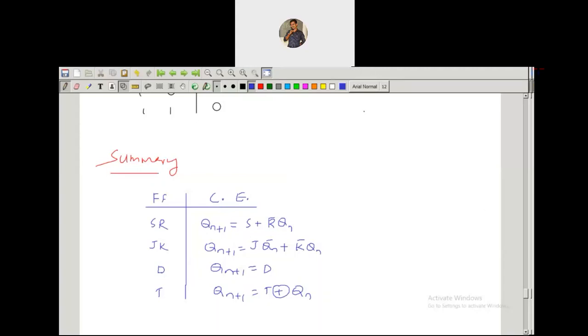One more thing I would like to share regarding digital electronics. It is a scoring subject for both semester examinations as well as competitive examinations. If you think very logically, it is a very scoring subject. You need not memorize anything; it's not like theory subjects.